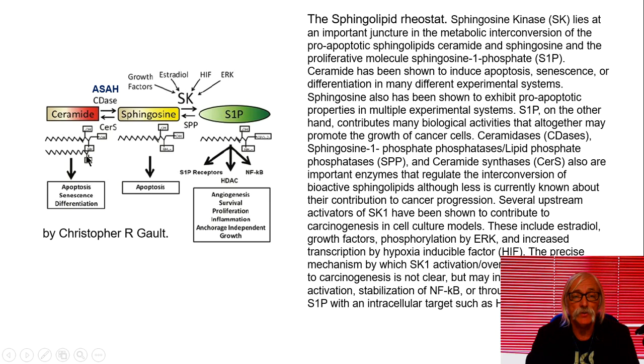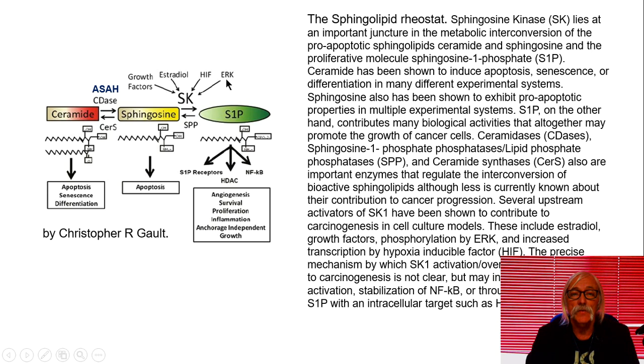So you can just see the structures are different. You've lost this fatty acid here. When you make sphingosine, that was the fatty acid you added. You had an N-linked fatty acid when you make ceramide. Of course, ceramide and sphingosine are both involved in apoptosis, but ceramide also enhances age-related senescence and even cellular terminal differentiation. What turns on the sphingosine kinase are things like corticosteroids and sex hormones like estradiol, the HIF,